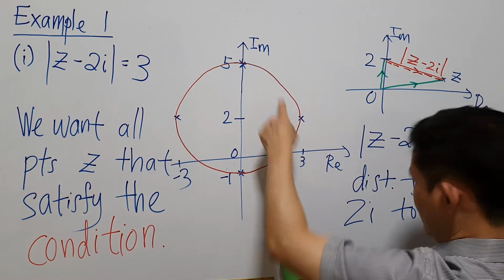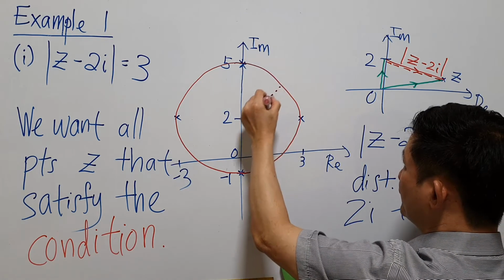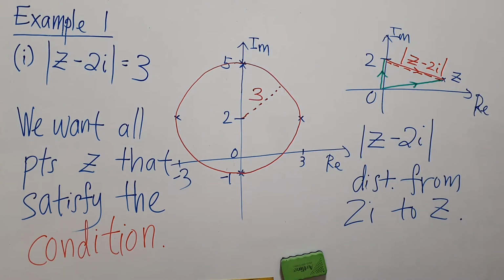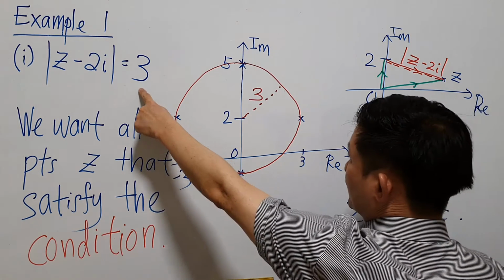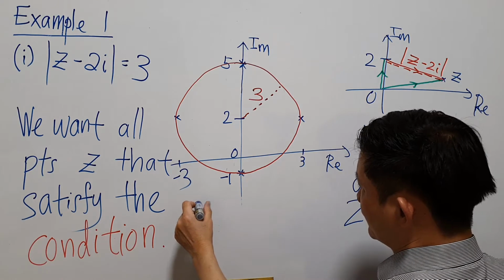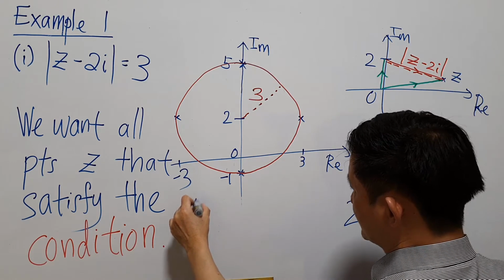They are all 3 units away from the complex number 2i. So all points on this circle satisfy the required condition. Hence, judging from this diagram, we can say that the locus of point z that satisfies this equation will be a circle,